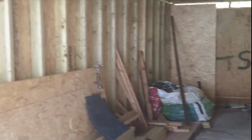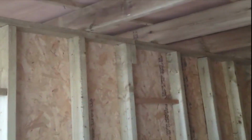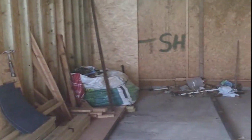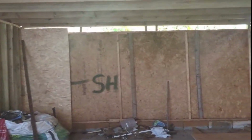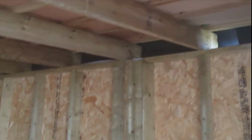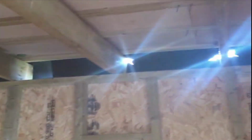Well, this is the room. As you can see, quite big. Now this room has been passed by Gravesend Borough Council. We're getting it done, but unfortunately the roof has got to be lowered by about a foot and a half, I suppose. And then it meets with all their